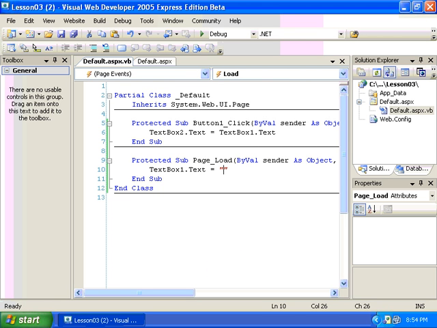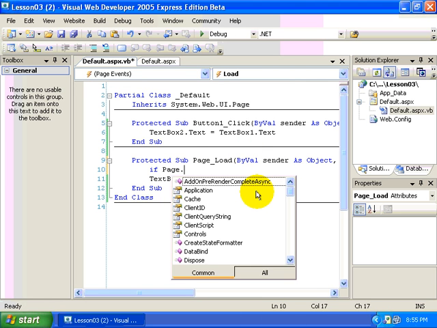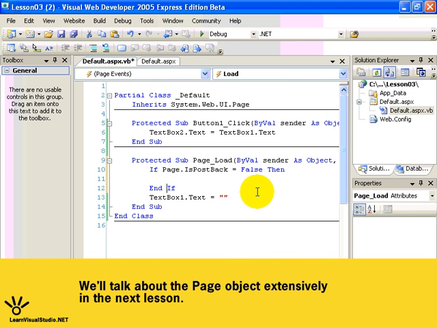Well, the good news is that we can check for this condition by checking whether or not the page is being loaded for the first time or whether it's being loaded as a result of a postback. And the way that we do this is through a property of a special object called the page object, which is the isPostback property. Now, the page object contains a bunch of useful properties and methods and other objects pertaining to the current request and the current response for the current page. So I'm going to add in a little bit of code here. So if page.isPostback equals false, then